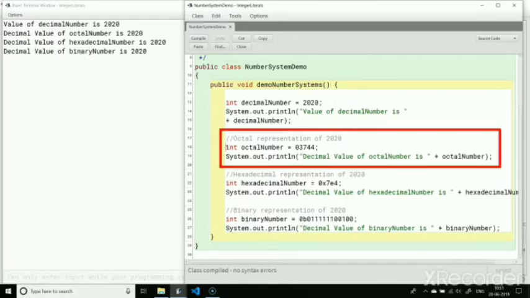We assign this octal value to the variable octalNumber. Notice the leading 0 before 3744. This tells Java that this integer literal is in base 8 or octal form. We print the value of the octalNumber variable in decimal form, which comes out to 2020.